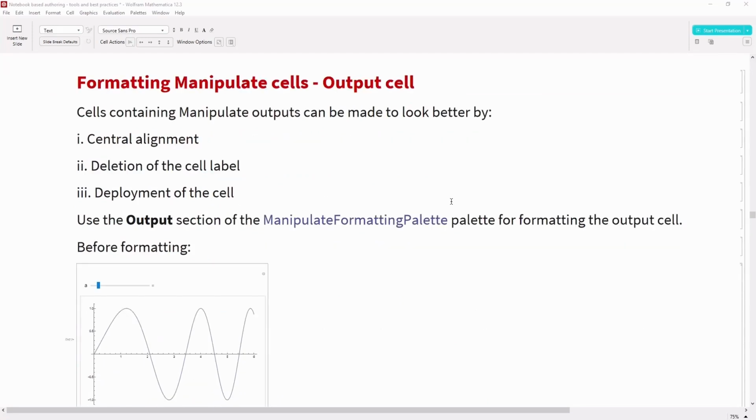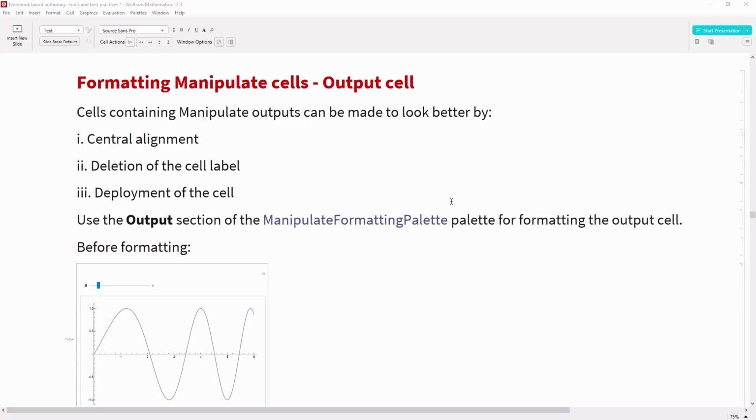When we are showing a Manipulate or tables or images in the notebook, it is always good to format those to make sure that the user's focus is on the outputs and not on any other irrelevant content in the notebook.